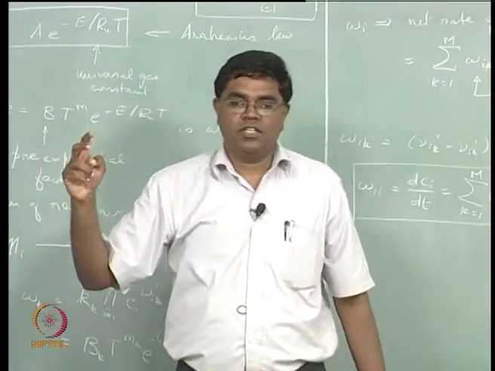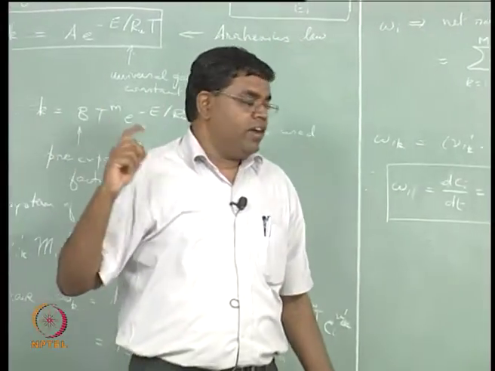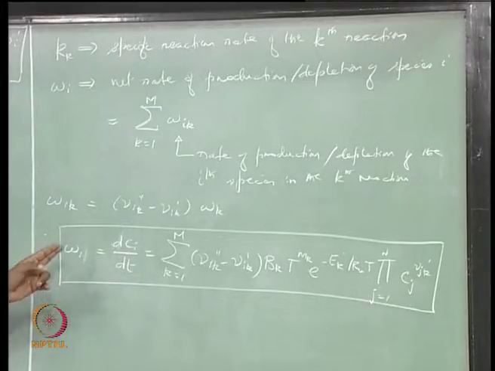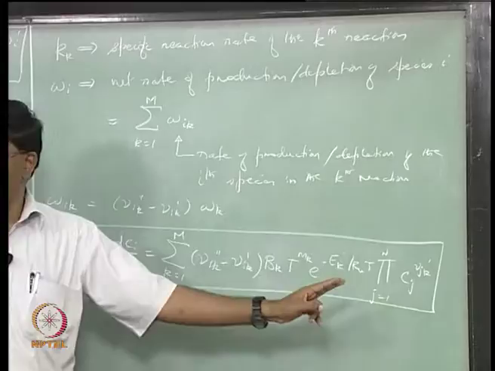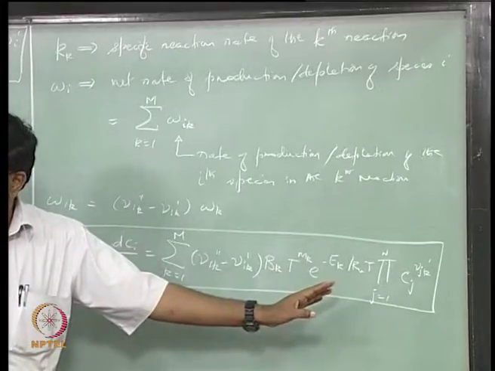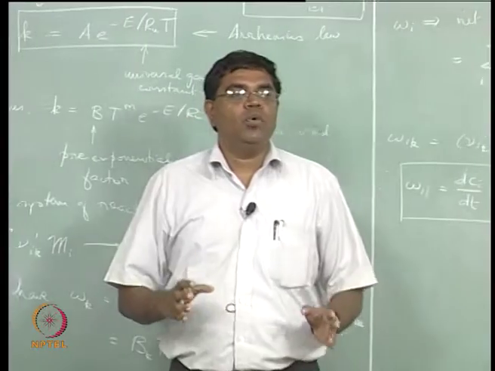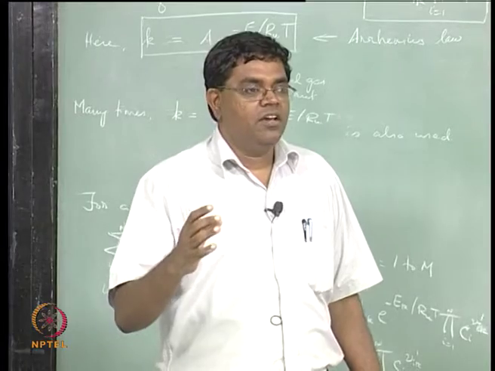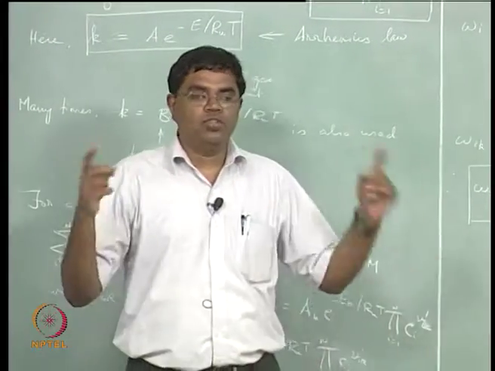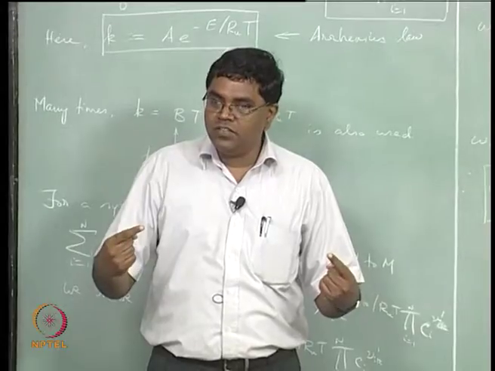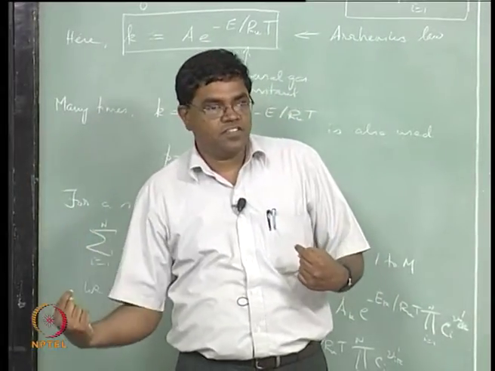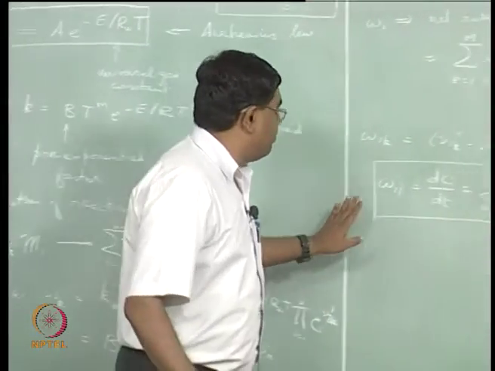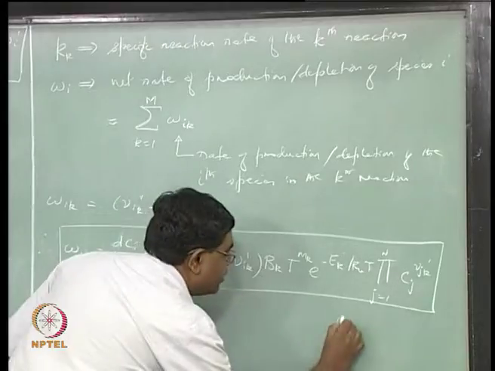So two things are emerging here. One, the rate of change of concentration of species i depends on the concentrations of all species, practically or in general. That means you can't evaluate the rate of change of concentration of species i independent of all other species. You have to know the concentrations of all species to be able to find out the rate of change of this, right. This means for this box we should be able to write i equals 1